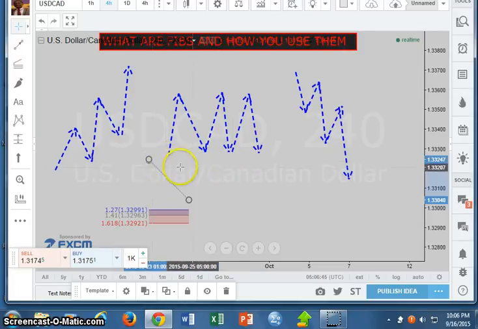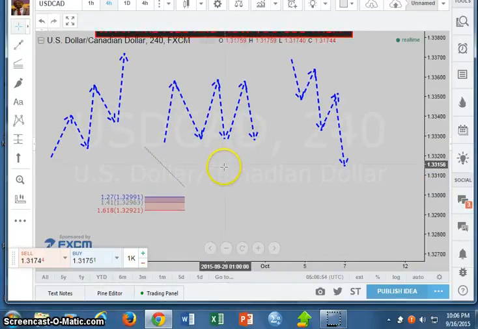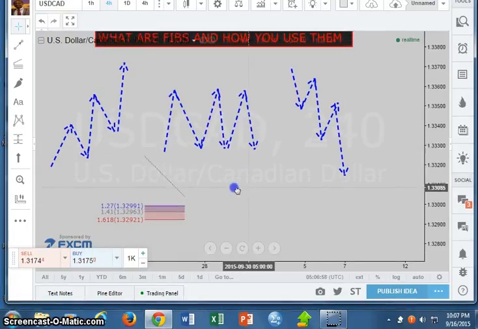Particularly, we use Fibonacci expansion to look for Cypher patterns, to look at where the C leg is going to close. But for this particular example, Fibonacci expansion is important. You have your important ratios: 1.27, 1.414, as well as